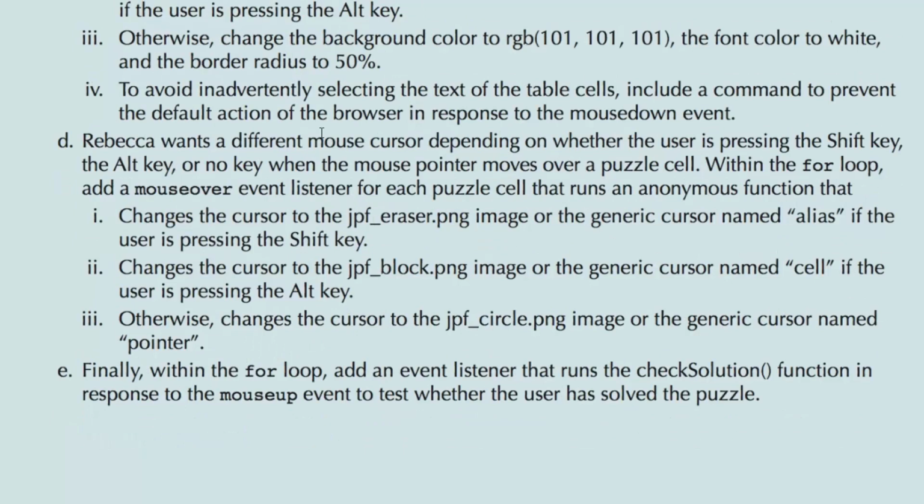Now in step 7D, we're being asked to set up the mouse cursor depending on whether the user is pressing the Shift key, the Alt key, or no key. So when the mouse pointer moves over the cell within the for loop, we're going to add a mouse over event listener this time. And for each puzzle cell that runs, the anonymous function